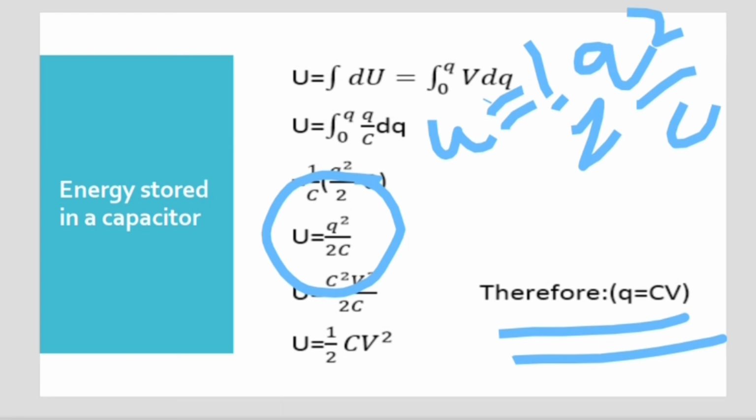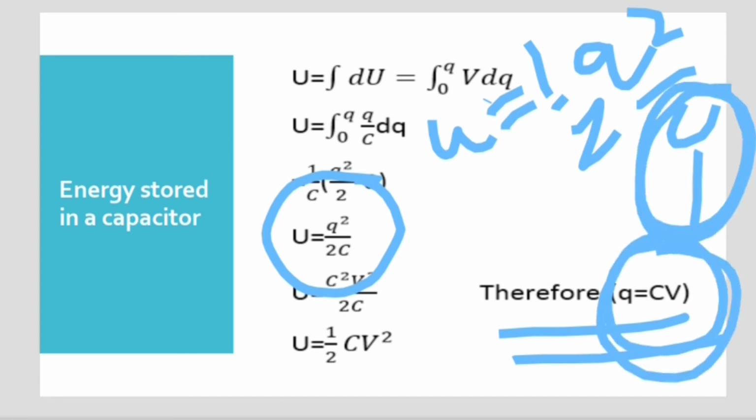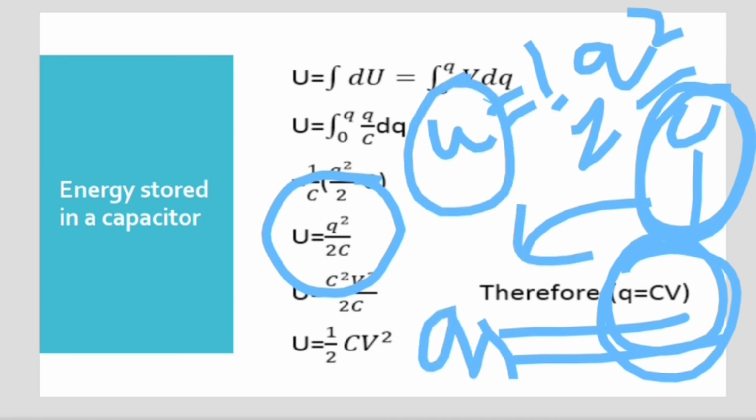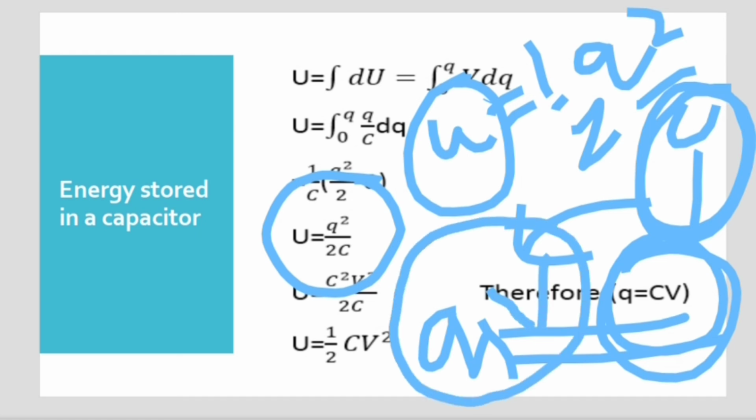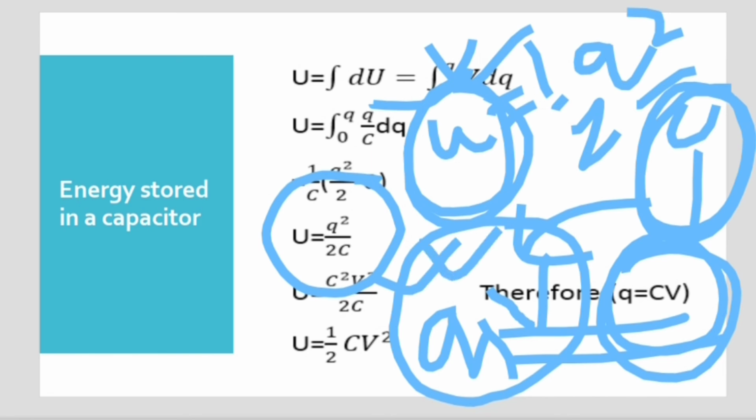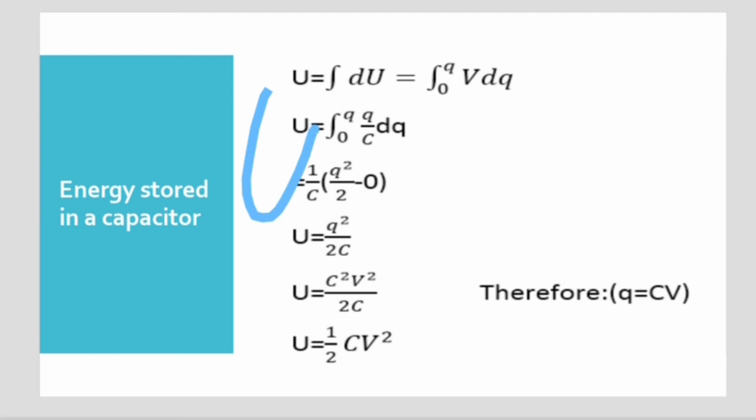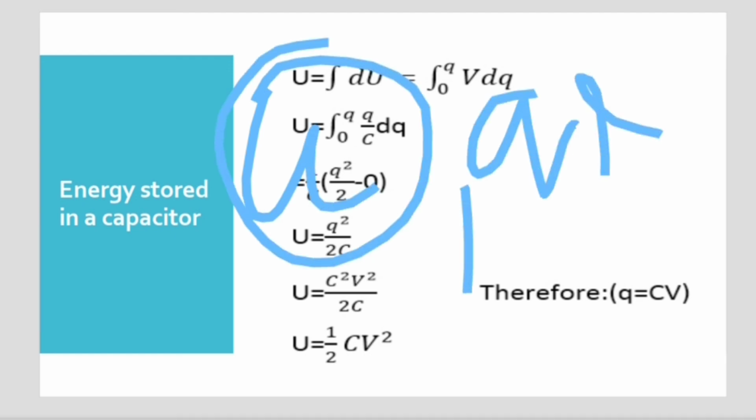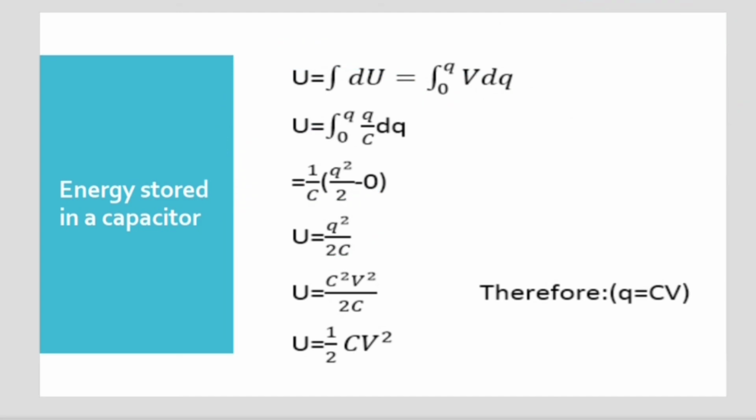It is already done. So take it as your assignment question: if I replace c here from this equation, then we can get some form of u in v and q. What will be the exact value of u in terms of q and v? This is your assignment question. Again I am saying, what is the value of u in terms of q and v? This is your question of the day.